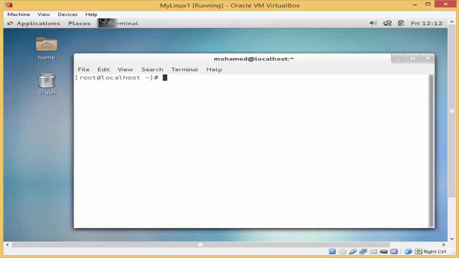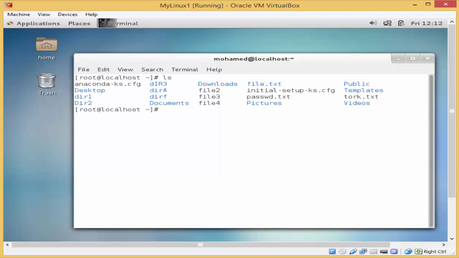Okay, so now let's first display the files and directories that I have over here. I'll type ls. And now, for example, I would like to archive the documents directory over here. So to archive, you will type the command tar -cvf and then the name of the file after it's archived,